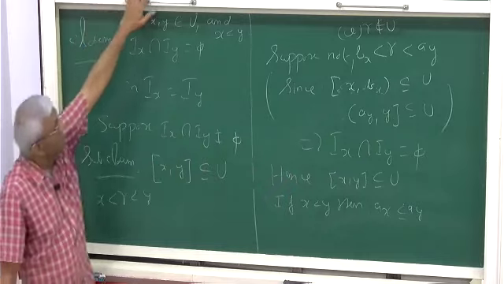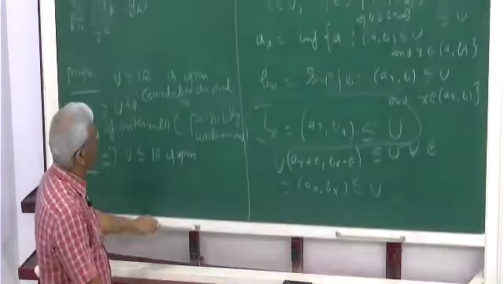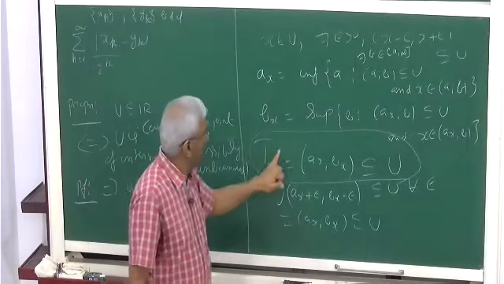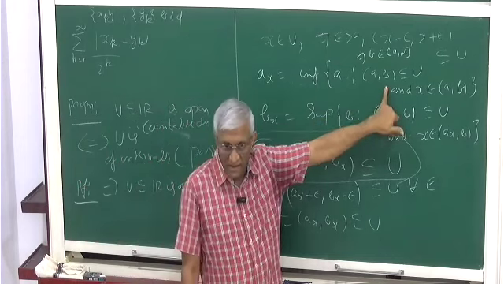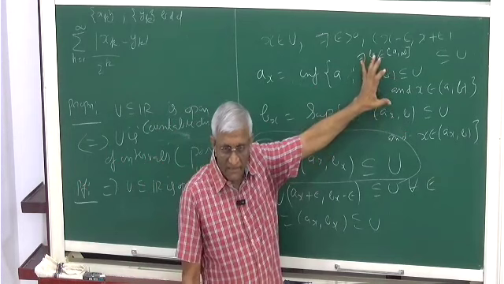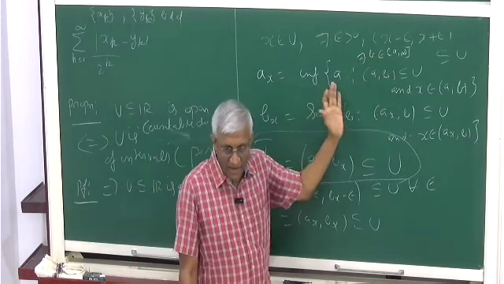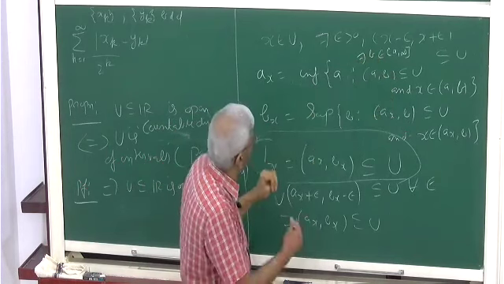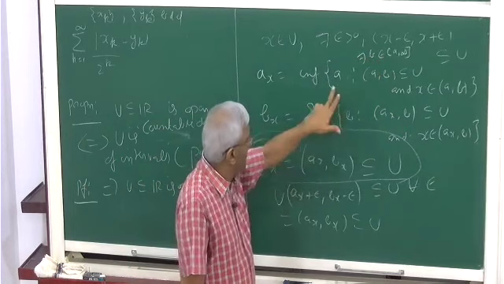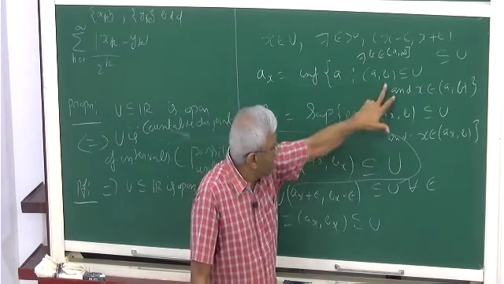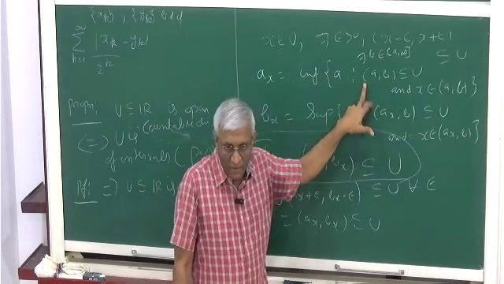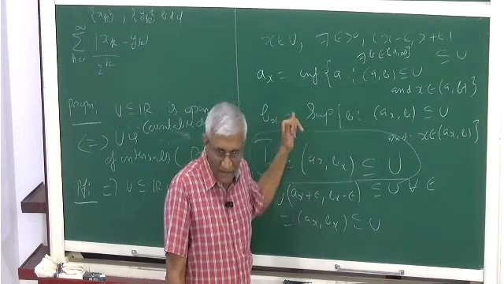By definition. a_x is the infimum over this. Is it clear from the definition that if x is less than y, then any interval containing y